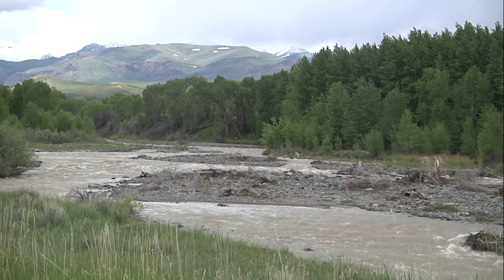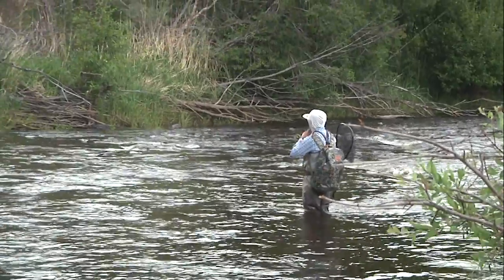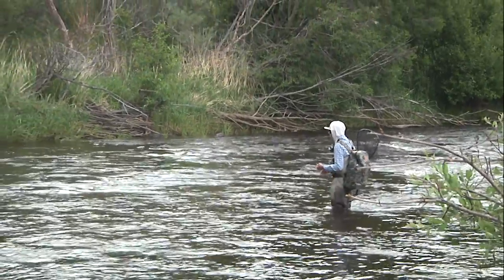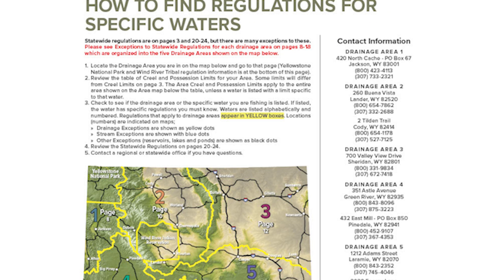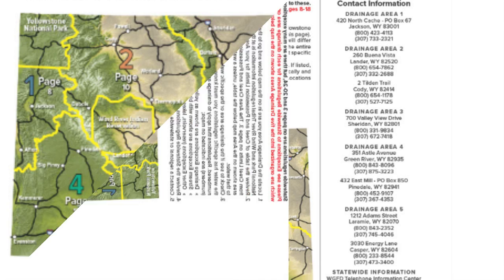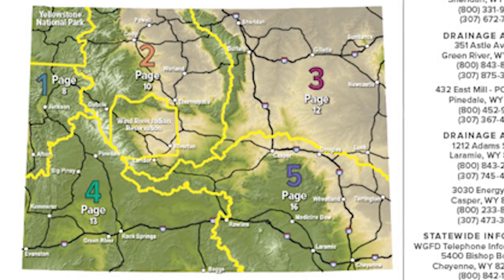Spring runoff is pretty much over in Wyoming, and for anglers, it means even more waters to access. With that in mind, the Wyoming Game and Fish encourages anglers to grab a copy of the latest regulations and bone up on those regulations for the region that you're headed to. Page 7 of the regs will get you headed that way. Statewide regulations are actually on page 3 and pages 20 through 24, but here you'll get oriented to the next